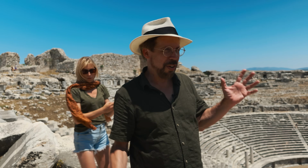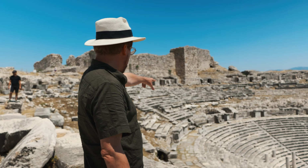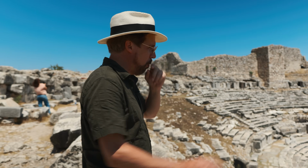This is the biggest theater we've been to yet. Miletus was a huge, important city. And you can see most of the bottom rows are preserved, but the upper ones not as much. But this held 15,000 people. The Skene is not in the